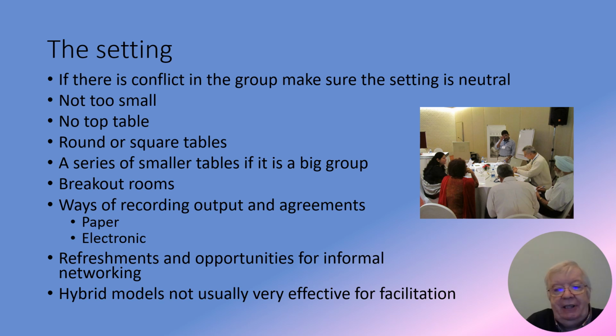Round or square tables, and smaller tables if it's a big group. One of the reasons for the round or the square tables is so that people can all engage directly with each other by sight, so that they're sitting in circumstances in which they can all engage. Where you have long rectangular tables, the people at both ends of the long sides find it difficult to engage with each other, and they find it more difficult to participate, and you will find it a bit more difficult to get everybody engaged.